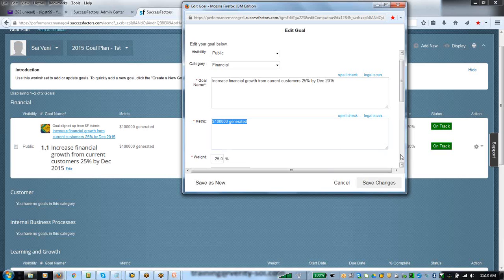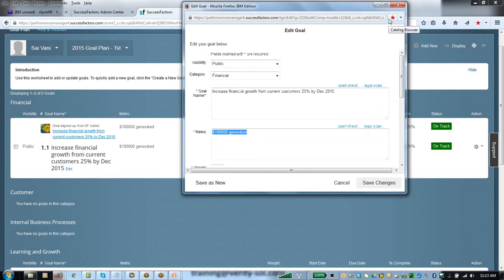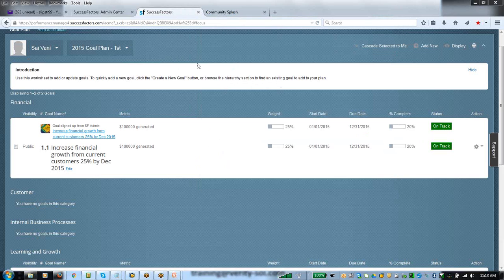You put in the goals within the system, you save them within the performance management templates, and then your manager can see your goals, they can approve the goals, and they can track the goals within the system, within the performance module. So I'm logging into the system as an end user now